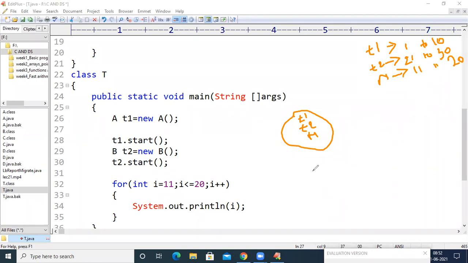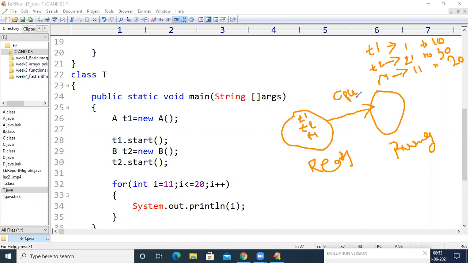So this is what we have written in the program. When all these three threads are in the ready state, we don't know which thread will be executed first. It depends upon the CPU. This moving of threads from ready to running state completely depends upon the CPU scheduling algorithm. So we don't know, but we can have a partial control over the execution of threads by using these methods.